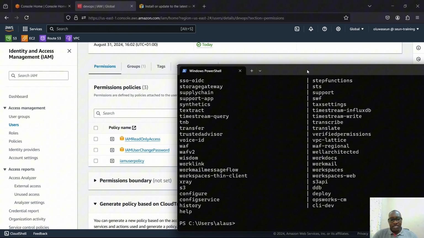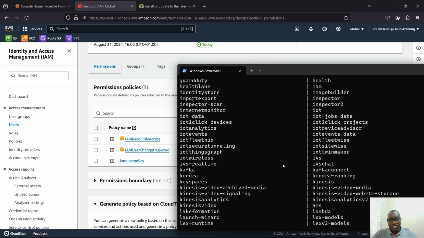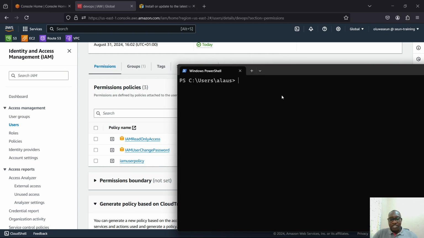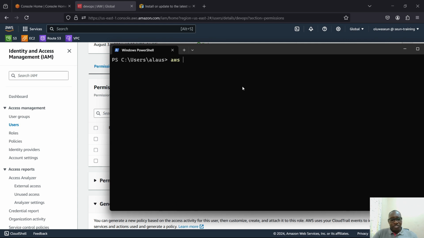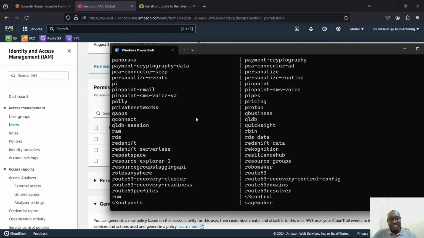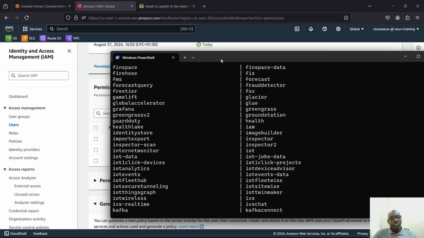Let me see. Okay, yeah, that's not correct. That's not the correct syntax. So you can actually do aws iam user or something, right? That's not the correct syntax. Now, if you want to get the correct syntax on how to use the AWS CLI,